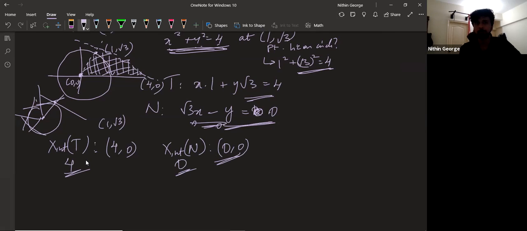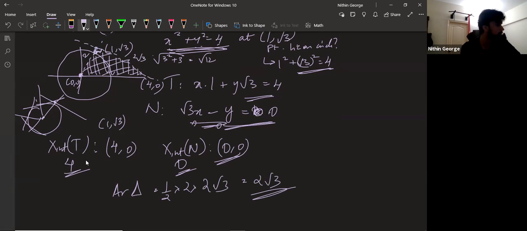All right. So this length is 2 units. This length will be what? Root of 3 square plus root 3 square, which is 3. So root 12, which comes out to 2 root 3. So now we can find the area of the triangle, right? The area of the triangle is half base into height. We know that the tangent and normal are perpendicular to each other. So this becomes base, this becomes height. So here I get the answer as 2 root 3 square units. Let me check if I'm doing the same thing here. Yes. Any doubts here, guys?